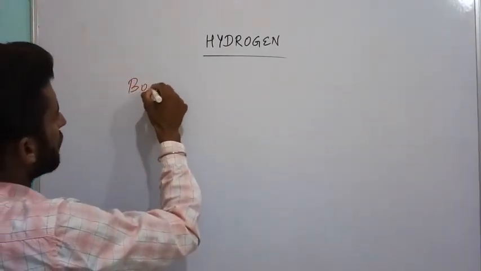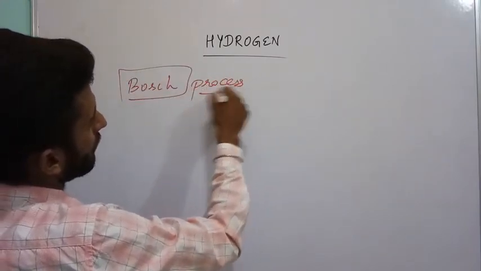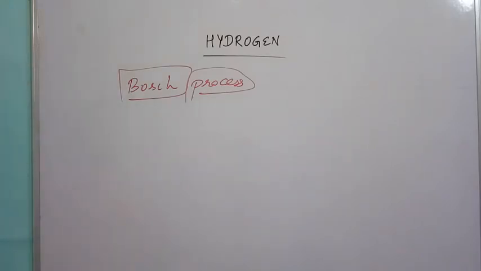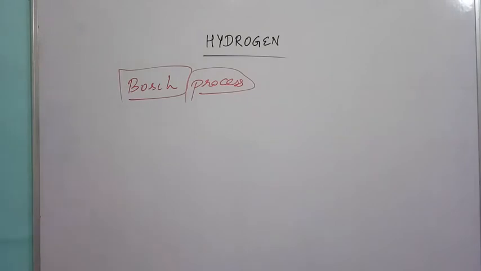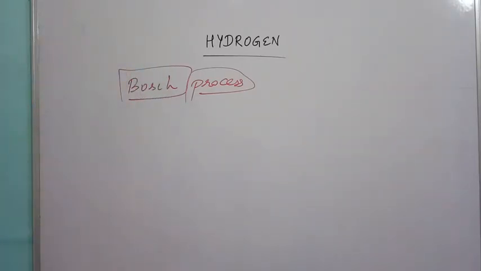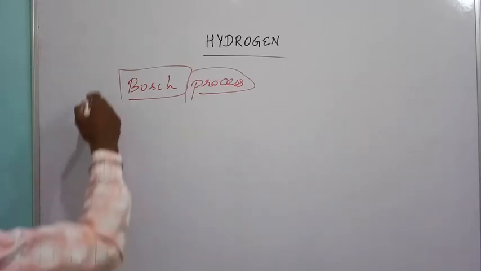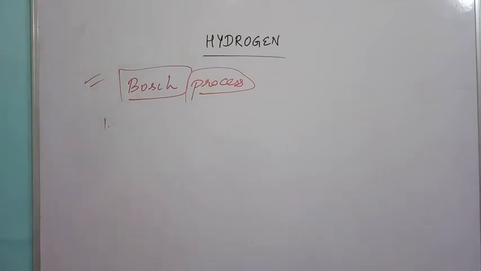But before that, we will study some simple preparations that also lead to the formation of hydrogen, but practically they are not preferred. In some cases the reaction is very vigorous, or very exothermic, or the cost doesn't work out, or the availability of the raw materials is not possible. So several reasons are there. Generally the method employed is the Bosch process, but first we will discuss the very reactive elements,